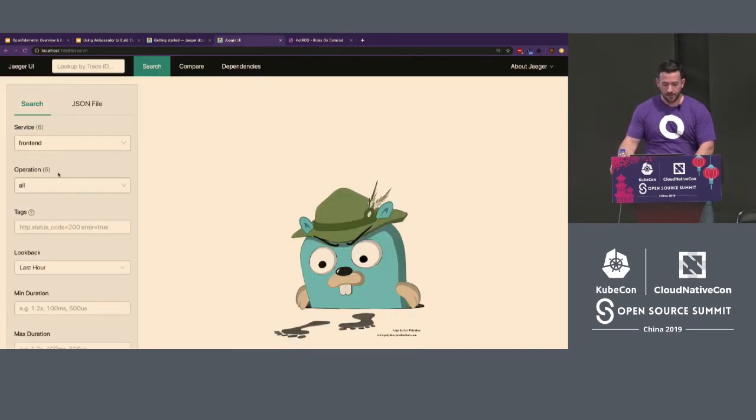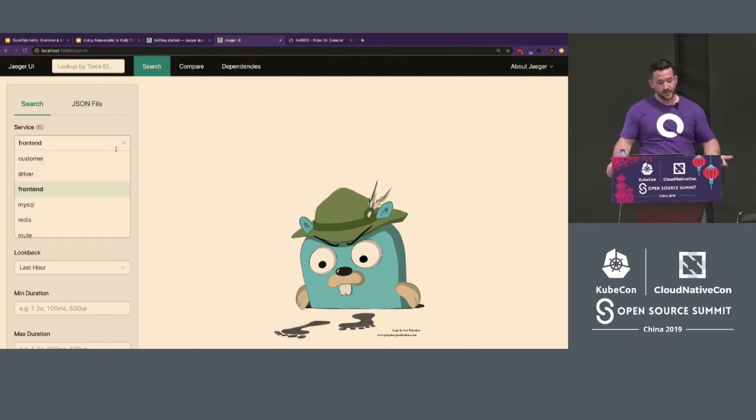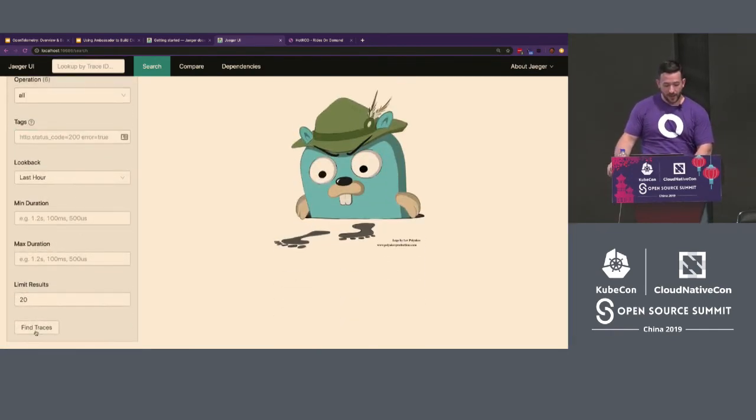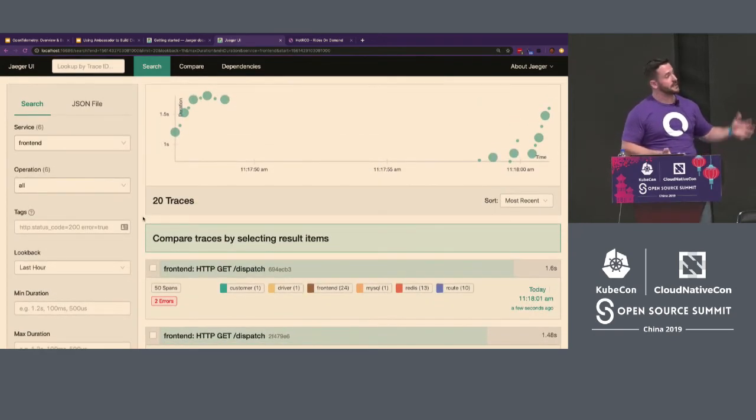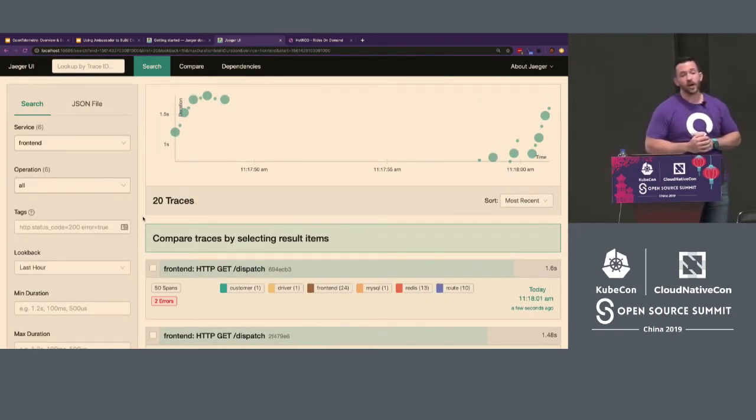I can click it multiple times, and it makes a whole bunch of different requests. Now, on the flip side, this is the Jaeger UI. So the first time you log in, this is what Jaeger would look like. It basically provides a query interface over your distributed traces. So you can see here, I have a bunch of different services. This is from my Hotrod app. I can go ahead and select one. In this case, I can just run a query over that data, and I can very quickly see the distributed tracing data in my environment.